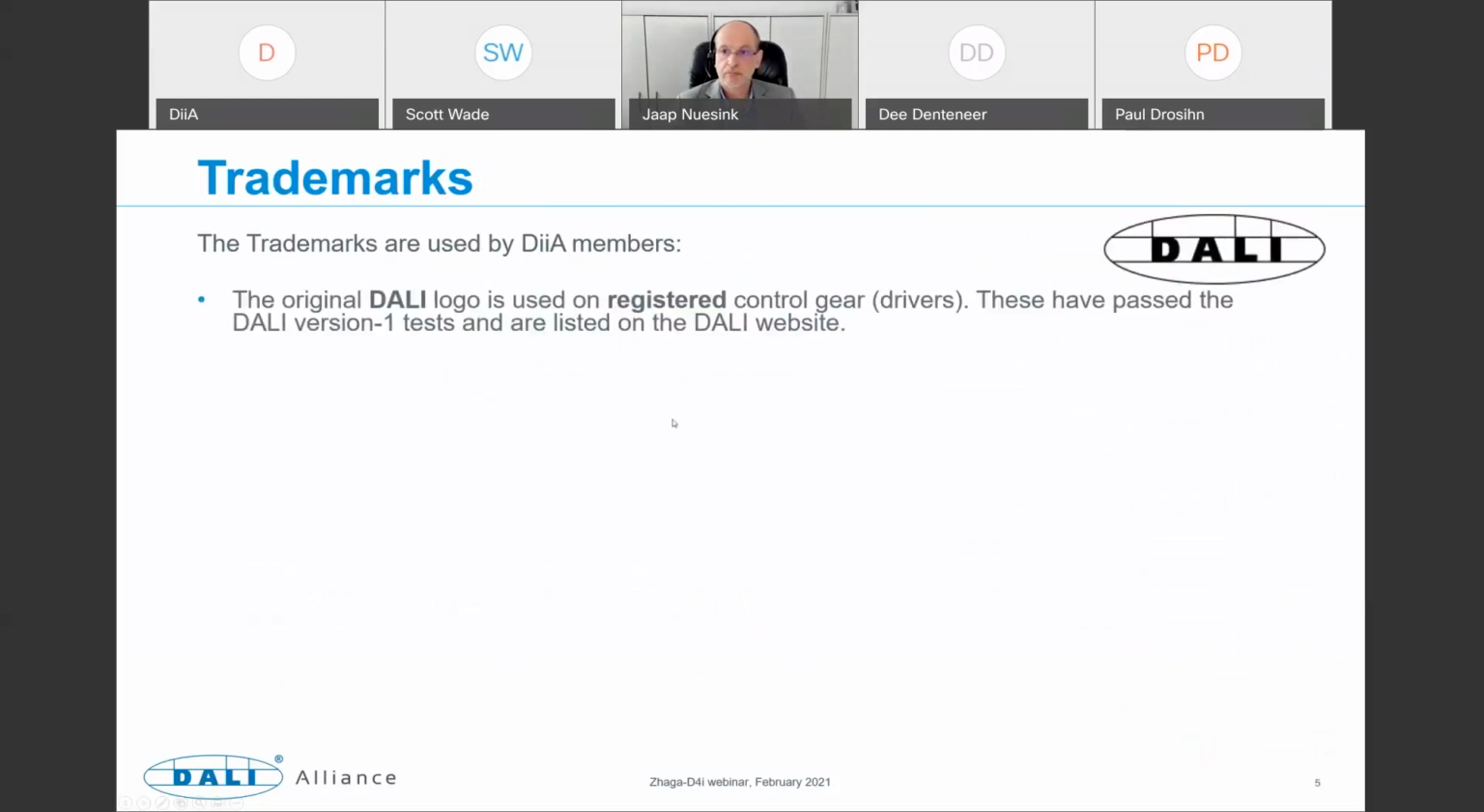So the trademarks are used by our members, and the original DALI logo, you can see there, is used on registered control gear. And we use registered to mean DALI version 1. So these products, which can only be control gear, the drivers, are DALI version 1 tested, and then they're listed on the DALI website. Also, the members can use the DALI trademark to promote the technology, so for marketing use